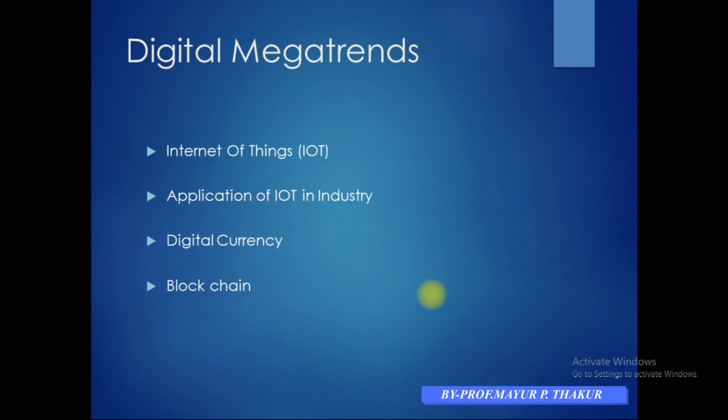Then we have to see the various digital megatrends. In the digital megatrends, there are IoT and its applications, digital currency and blockchain. This digital transformation has been happening with the introduction of sensors, connected actuators and connected sensors. These are all about the use of the Internet of Things. We all have heard about the use of digital currency and the use of blockchain for securing your bank transactions, government transactions and so on. So these are all digital megatrends.